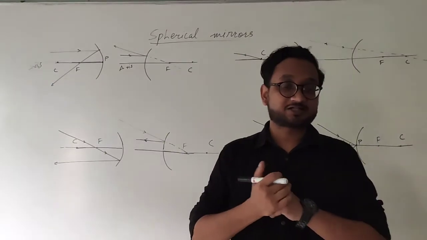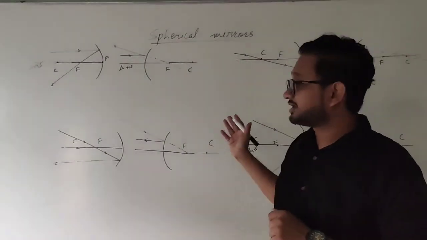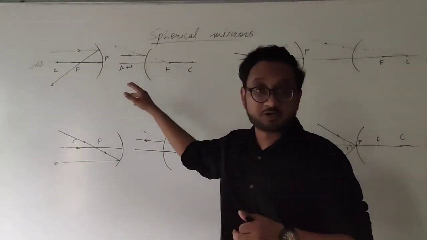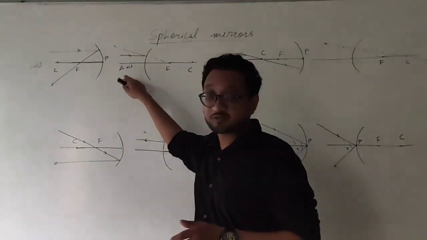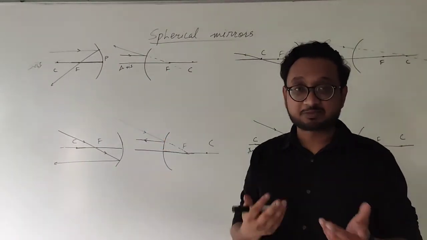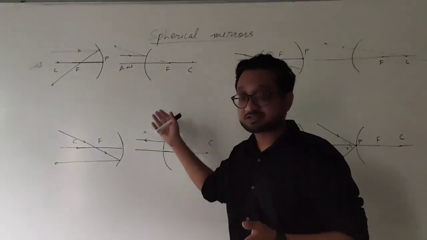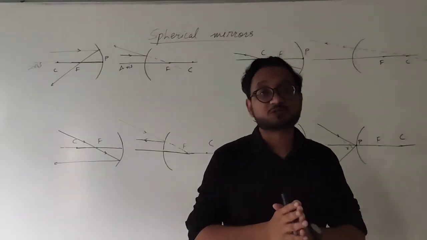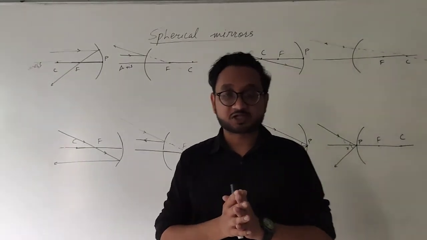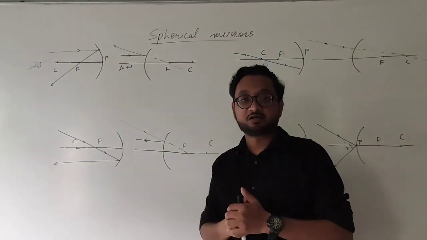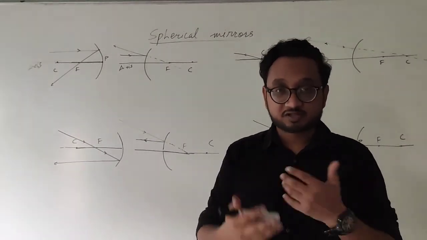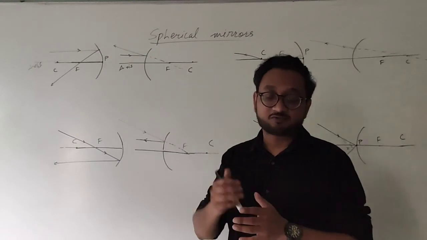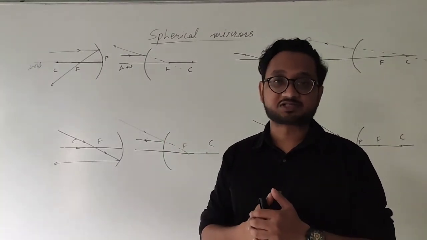Please do check your textbooks once again. They have the similar diagrams. Okay, it might be that they would have drawn from the bottom part of the principal axis or from the upper part. It doesn't make any difference. As long as it is passing through focus or center of curvature of the given points, they will follow the rules. These are the rules that you are supposed to keep in mind while drawing the images when we move further with the image formation of the objects with the help of mirrors.